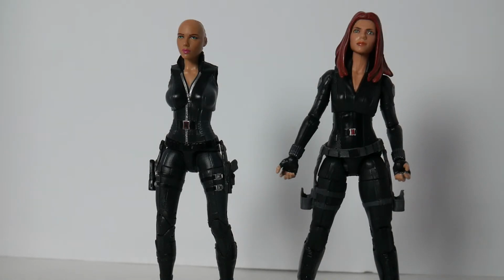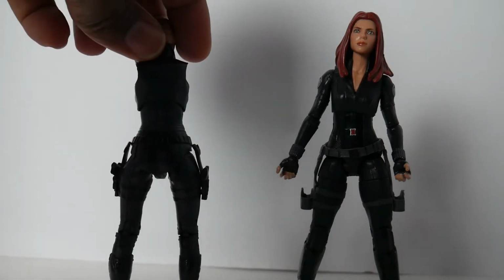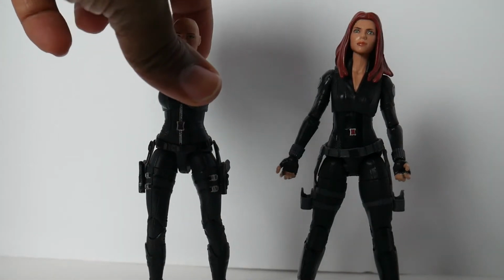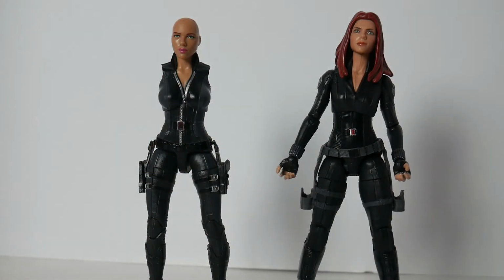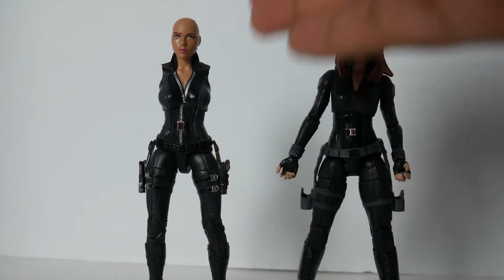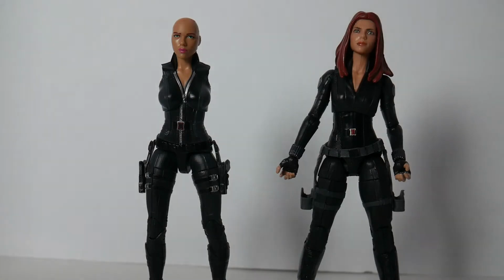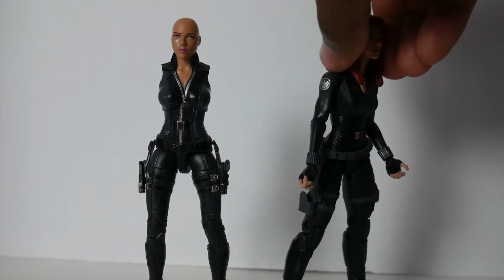You can see some big differences in the body mold, big differences here and there. But also even the fact that she has guns in her holsters where she didn't come with guns. But either way, let's not nitpick all of those things right now. The arms on here, again, this is Winter Soldier body, so this had the shield. This is before SHIELD got taken down, so she was still a member of SHIELD, and so we have that